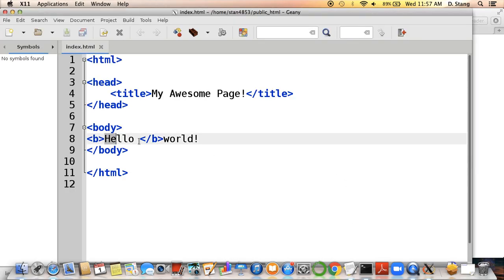So if we go to view what this looks like on our web page, you can see the word hello is in fact bolded, but world is not bolded. And again, the reason why is because only the text between the two tags here is bolded, and anything not in between the two tags is not bolded. So if we wanted to italicize some text,